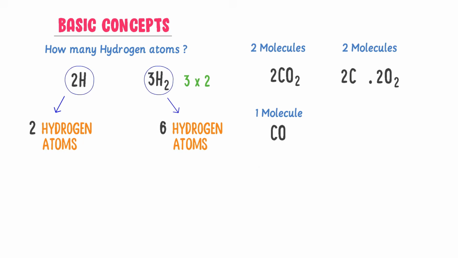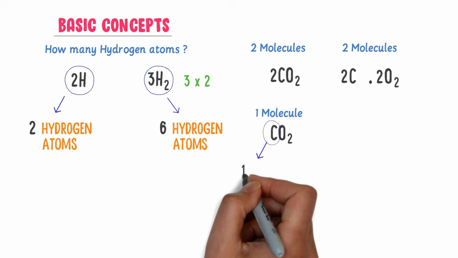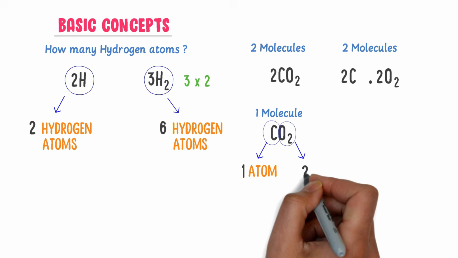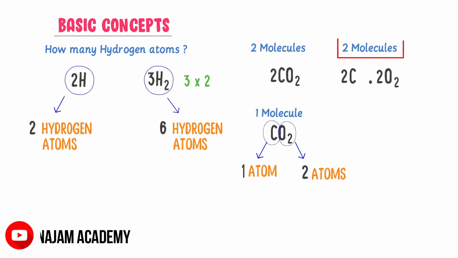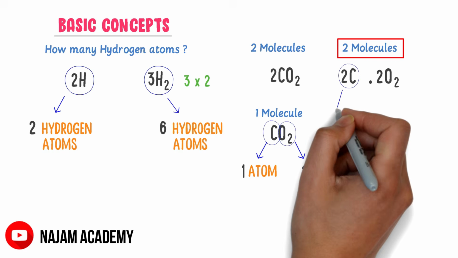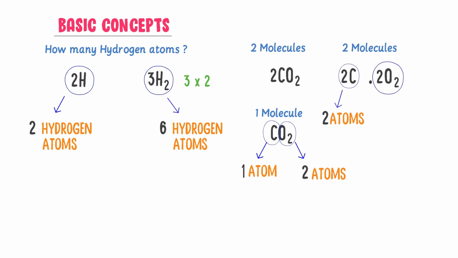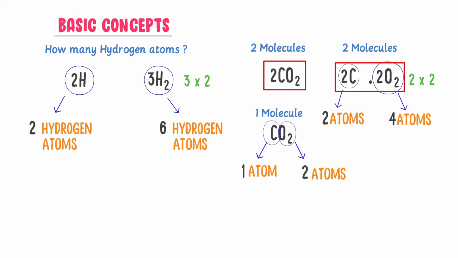Thus, in 1 molecule of carbon dioxide, there is 1 atom of carbon and 2 atoms of oxygen. While in 2 molecules of carbon dioxide, there are 2 atoms of carbon and 2 into 2 is equal to 4, so there are 4 atoms of oxygen present in it. Therefore, instead of this type of format, I will write the atoms of molecules separately because it is easily understood and it is very simple. Now let me teach you the trick of balancing chemical equations.